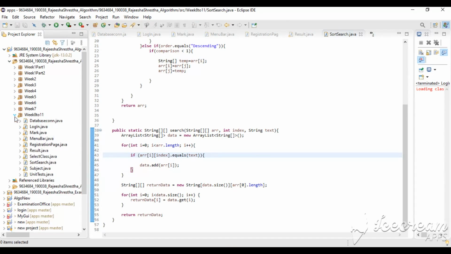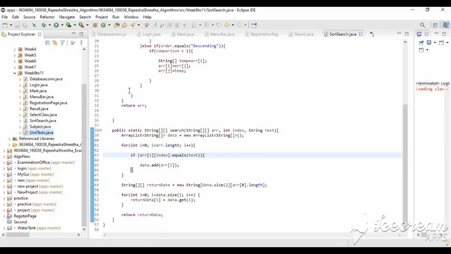Now this is the unit testing. Here there